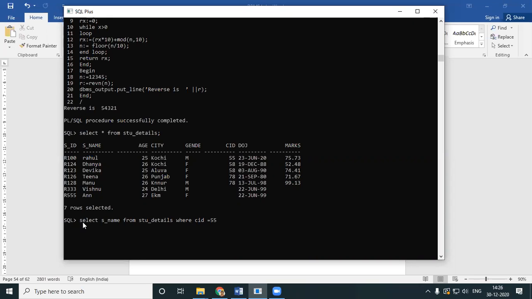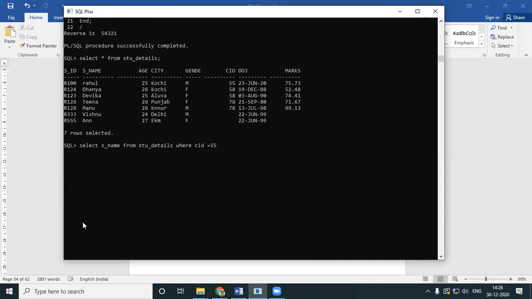First we'll just do a quick revision of our queries. I'm just selecting the name from this table whose CID is 55. So I get the name as Rahul. Very simple. I want to get the reverse of Rahul. So what I do is I just find the reverse of Rahul.